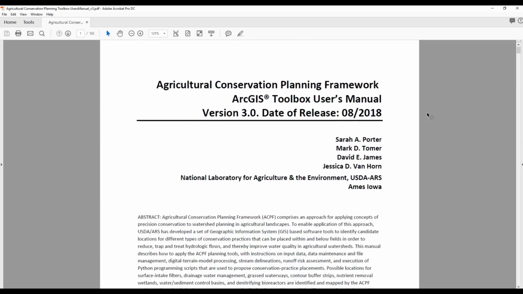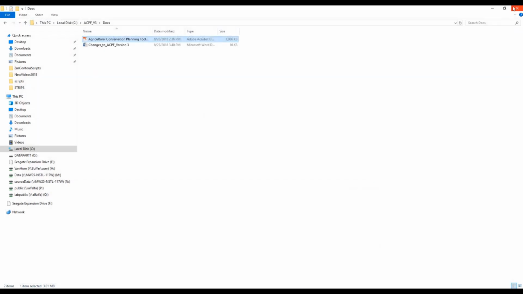I would recommend having this user manual open and using it as a reference when you're running through the ACPF the first and even second time, so you can just become familiar with the tools and why they work the way they do.